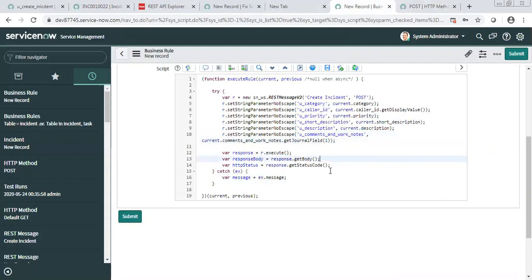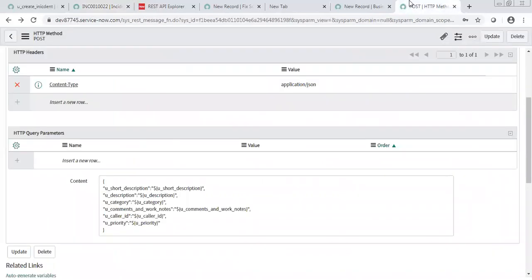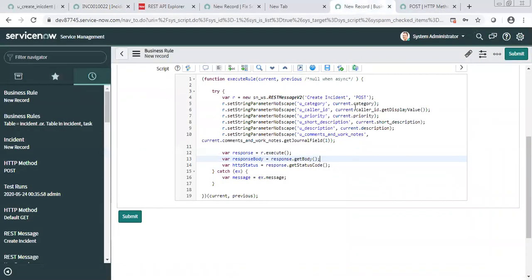And for example, in caller ID, you mentioned display value. Why can't we just use current.caller_id? Yeah, I think you need to revise all the videos, because it is a reference field, and a reference field always returns the SysID of whatever value is selected. Will it work if you send the SysID? The SysID of user A in one system and user A in another system is not going to be the same. Okay, then we use display value. Okay, so the name could be the same. Either you pass the email address, or whatever unique value you define as part of your real integration.